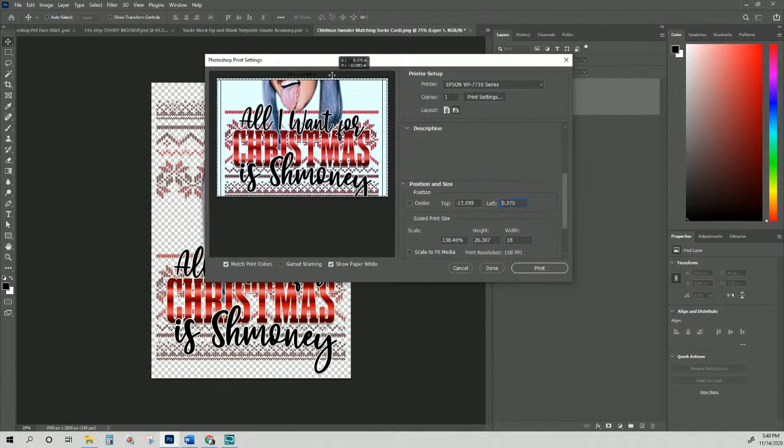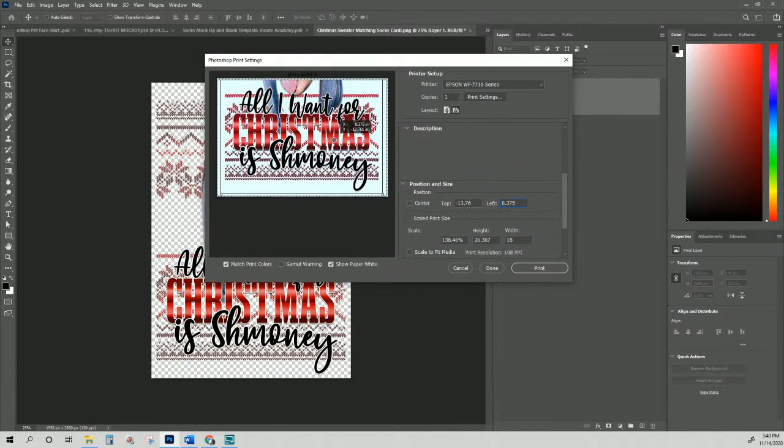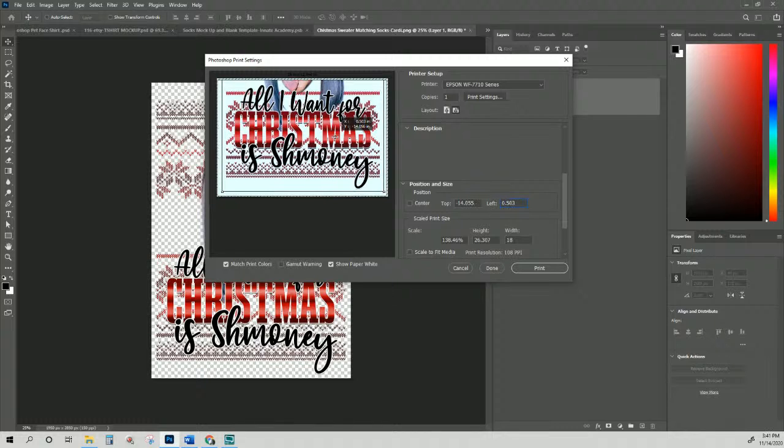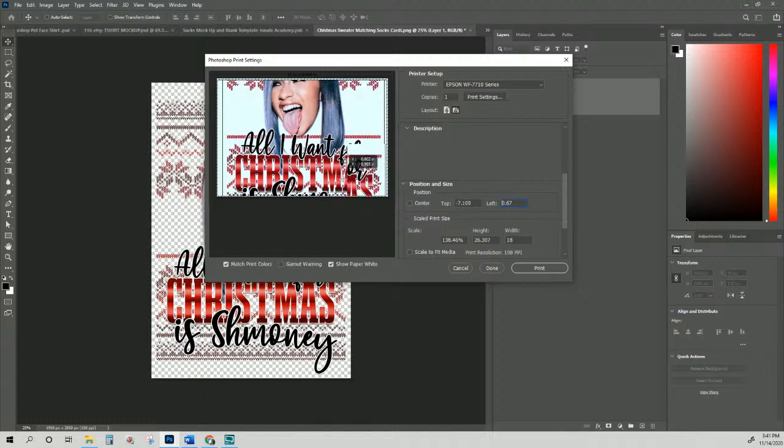So let me show you if you were to get the whole thing on here. I'm going to tell you to do -14 from the top, and then do 0.5 from the left. Okay, so then that way your left to right is going to be exact with the paper, and then you should have a little bit of overlap here, okay? Because with this, I'm trying to look at a cue point here. It's kind of hard to cue a point from the tongue, but